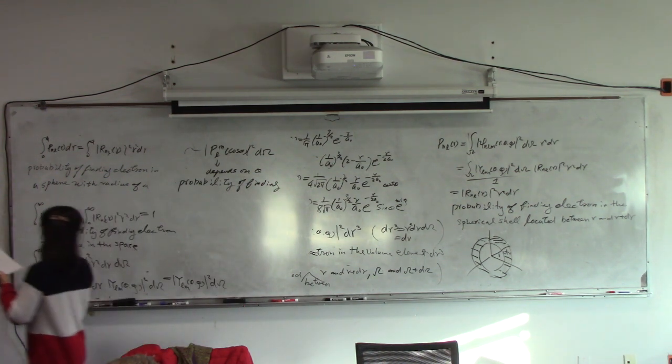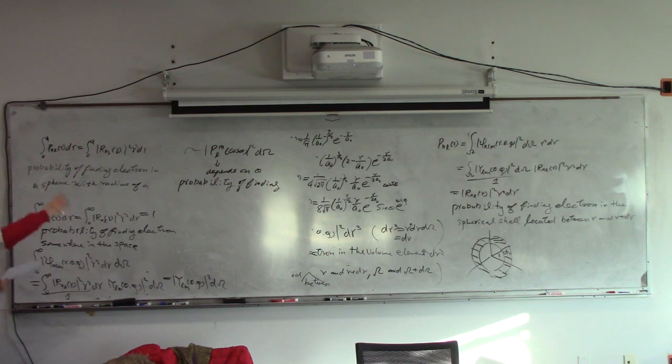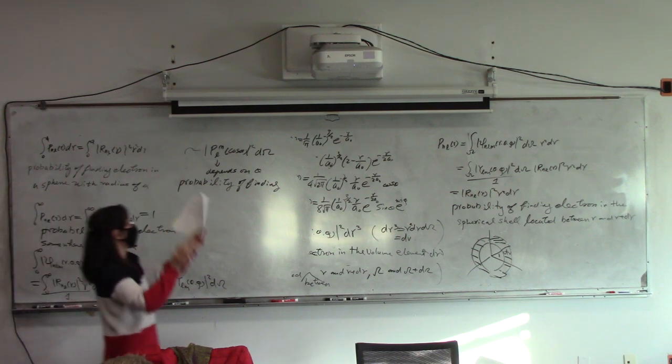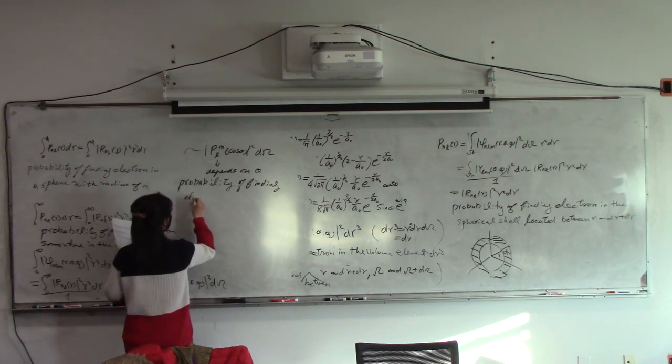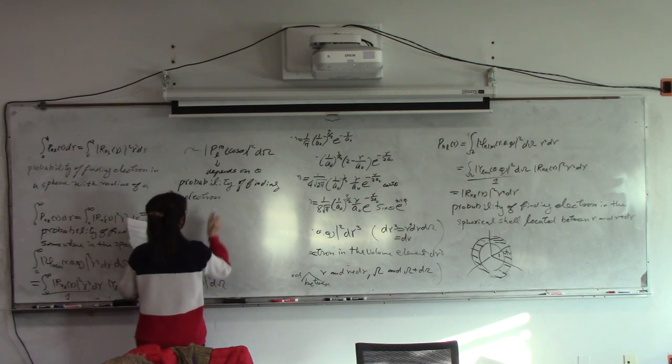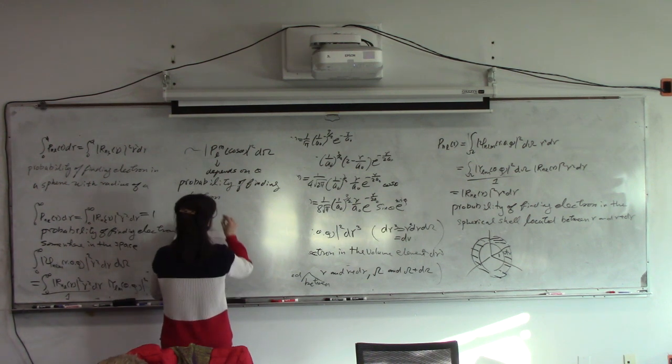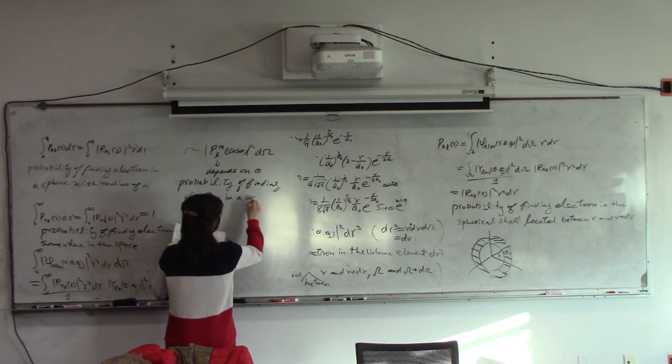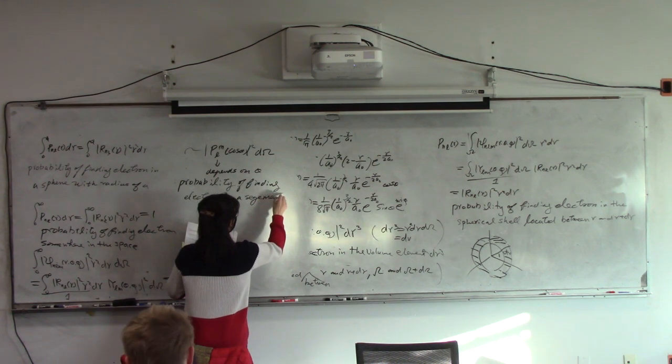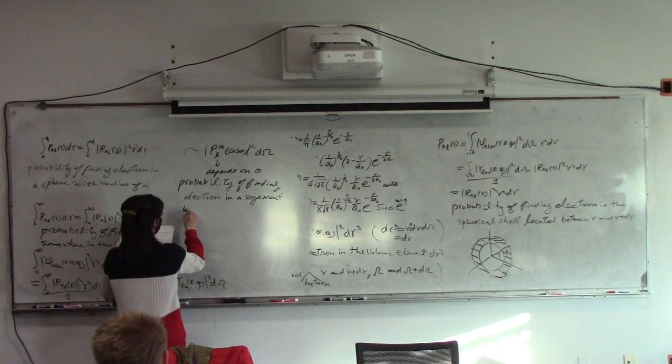Since we integrate over all the radius, it's just like a cone, right? That is finding the electron in a segment between